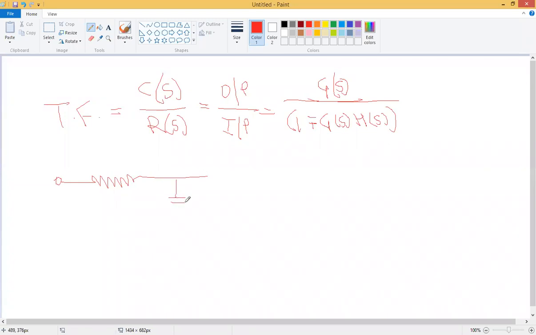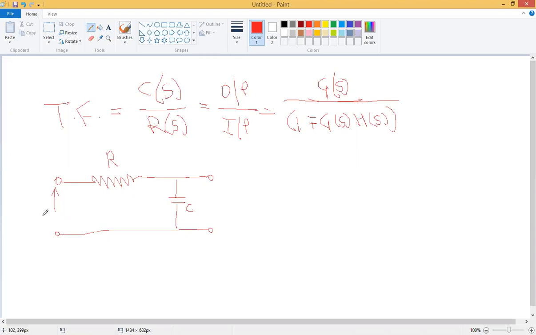If that electrical circuit is like this, suppose circuit is like this, resistor is there, capacitor is there, and if you have to calculate the transfer function,